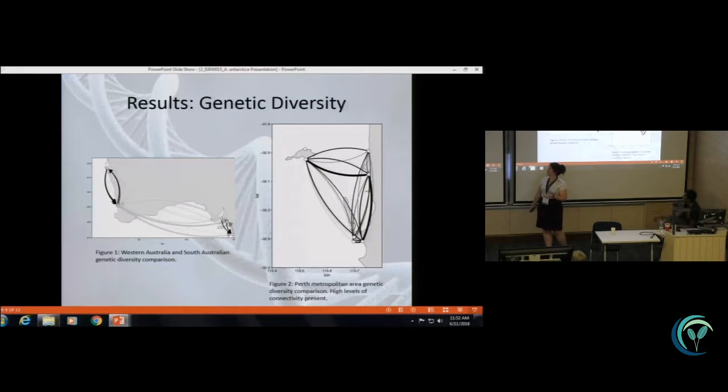So this is what we found. If you can see here, this is the Perth metropolitan area. The dark lines indicate a high level of genetic connectivity between my meadows. Here we have South Beach in Fremantle, and over here is Parker Point on Rottnest Island. This thick black line showed that there was a strong connection between the gene flow and the genetic connectivity of these particular meadows, which indicated that there was propagule dispersal in that direction, in either direction.